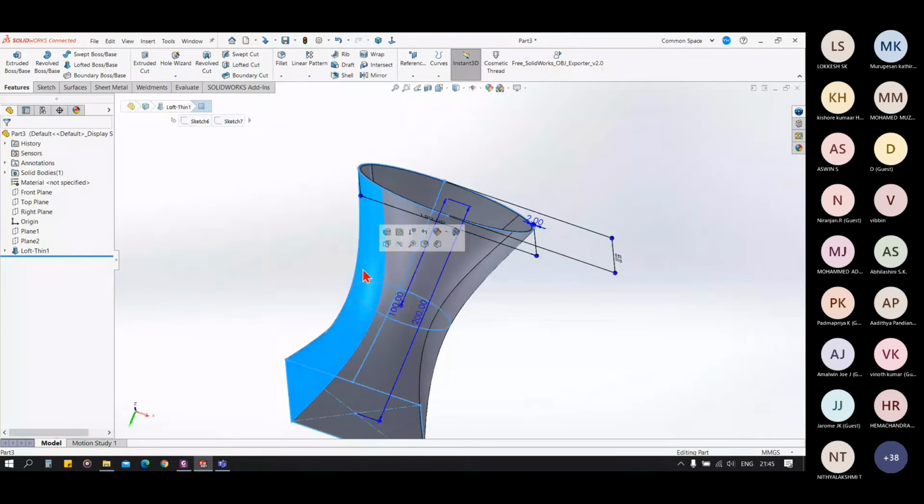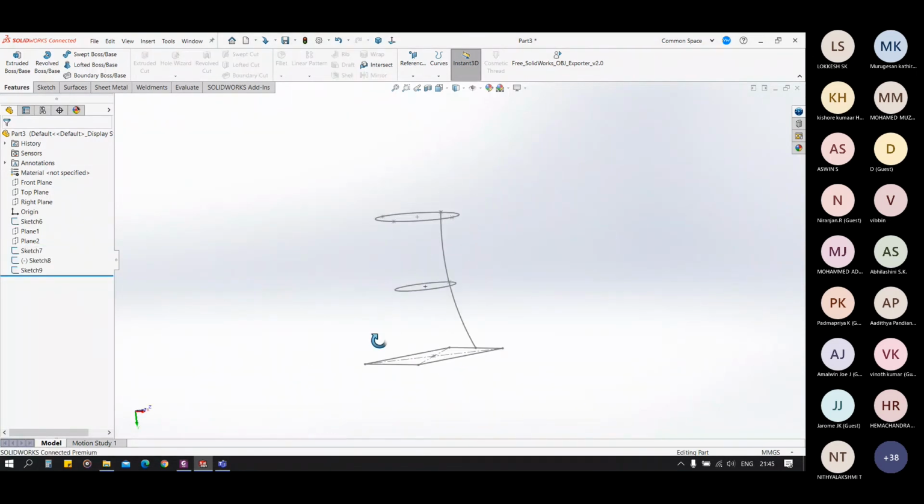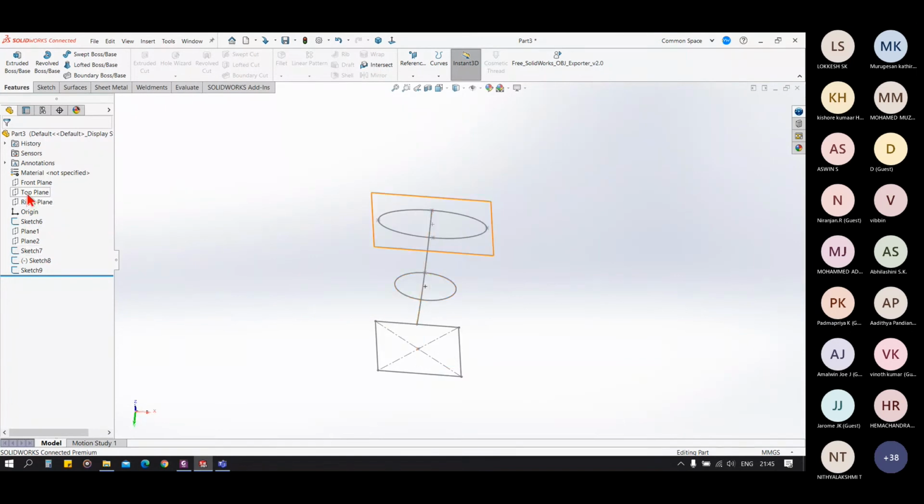The boundary feature is also similar to that, but in the boundary we can control our product or design in many different ways.